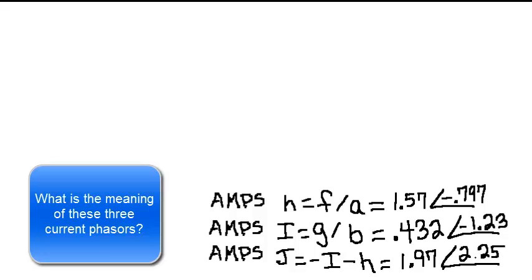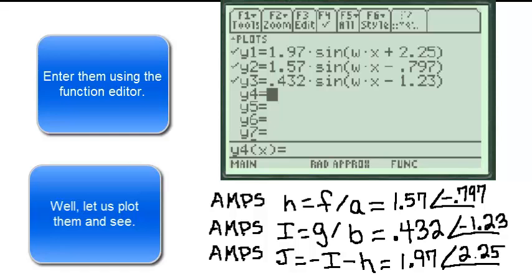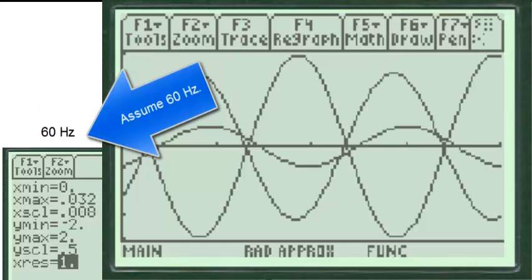What is the meaning of these three current phasors? Well, let's plot them and see. Enter them in using the function editor. Assume 60 Hertz,